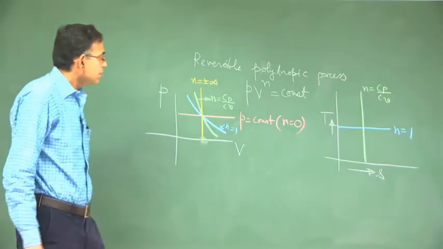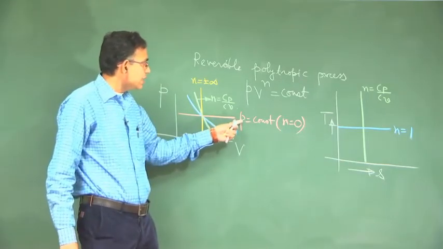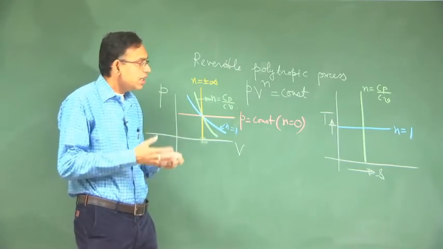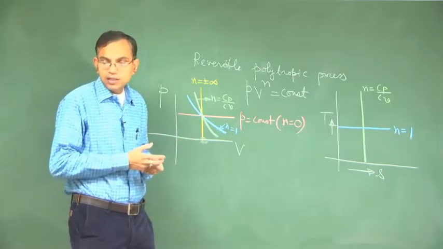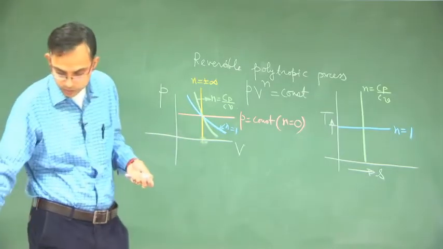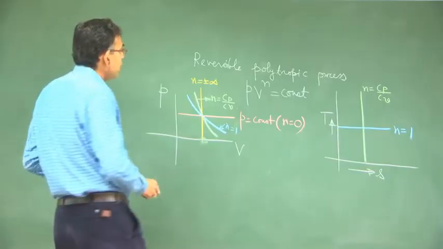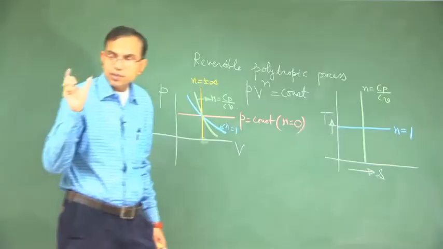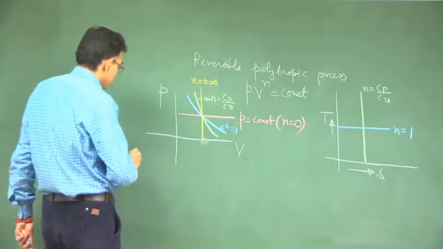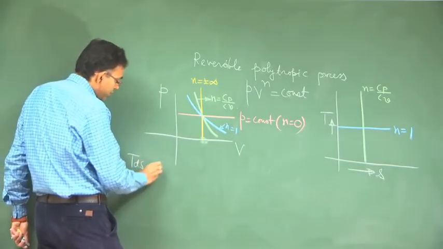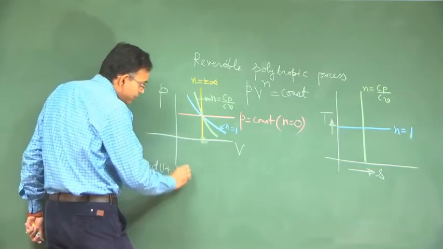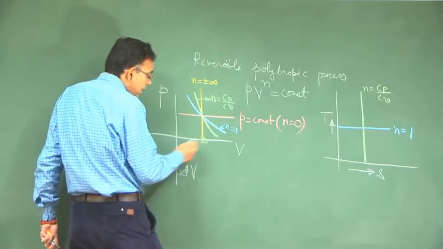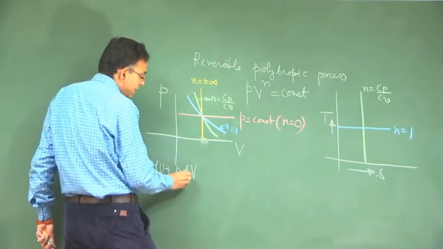Then the two processes that are left are constant pressure and constant volume. So, let us see which one is steeper in the TS plane. Remember we are considering reversible polytropic process with specific example of ideal gas. So, TdS is equal to du plus PdV. This is such a useful relationship that you can use for any process diagram to explain the diagram.